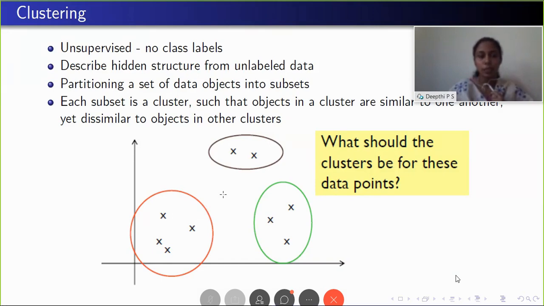Here we define data based on distances, and we don't have any label associated with the data set. That is why it is said to be an unsupervised machine learning task. We have to find hidden patterns or find groups only on the basis of the data points, and we are not given any labels. That is what clustering means.